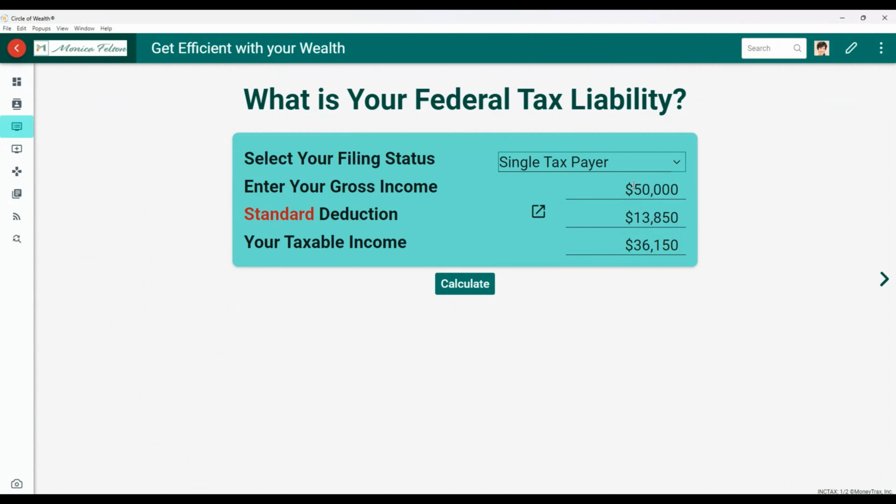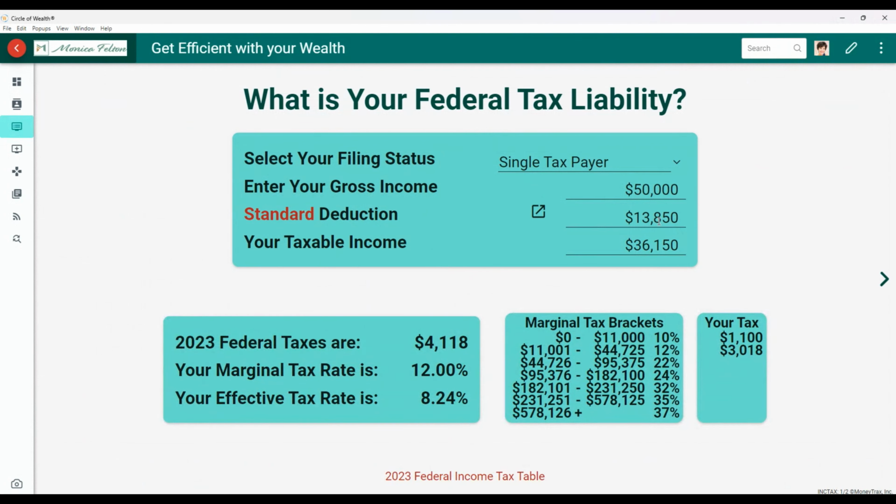Now, remember, your gross income, that represents all the money that's coming in through your fingertips. It's either earned or it could be your tips or it's investment income, but that represents your gross income. Then the government gives you something called a standard deduction, and the standard deduction actually reduces your taxable income. So you see $50,000 of gross minus your standard deduction means that your taxable income is about $36,000 if your gross income is 50. Now, what that means is that on this